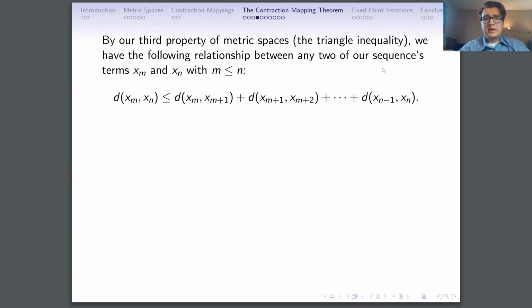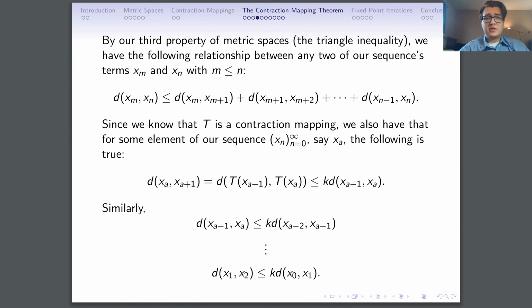So by the triangle inequality, we have the following relationship between really any two points in our sequence, x sub m and x sub n, such that m is less than or equal to n, right? So the distance between x sub m and x sub n is less than or equal to this here. And since we know that T is a contraction mapping, we also have that for any arbitrary element of our sequence, let's just say x sub a,